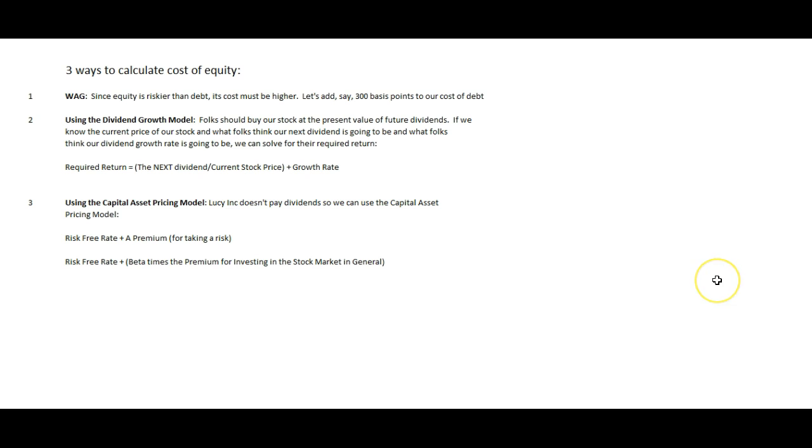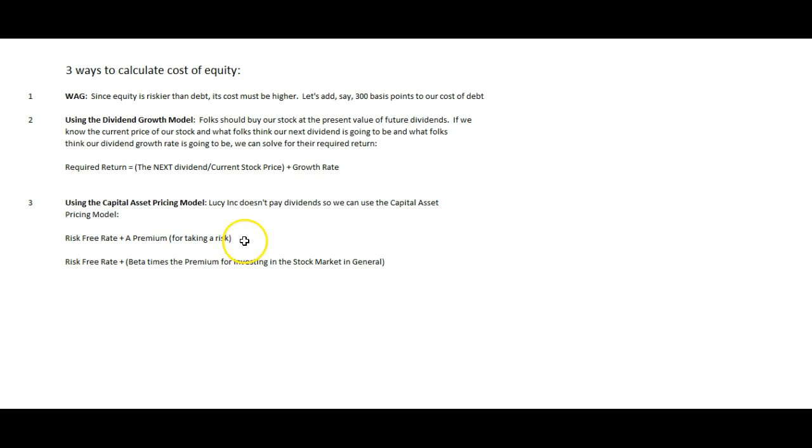We can use a thing called the capital asset pricing model. And that says if there's a risk-free rate out there, and in this case there's that 3% rate that the government is paying, there's no risk to that investment. There is a premium above that that will induce someone to invest in the stock market. If you're earning 3% now and I say, come invest in the stock market, you can earn 3%, you would not be interested. However, if I offer you a big enough premium, the potential to earn, say, 7% more, then you'll think about taking a risk and taking your money out of the risk-free rate.